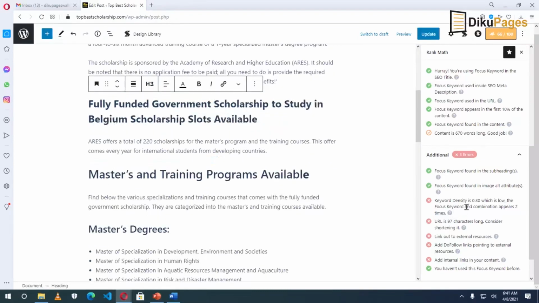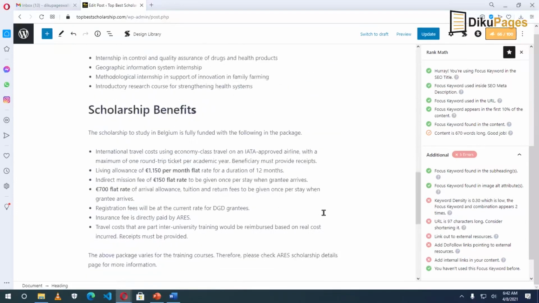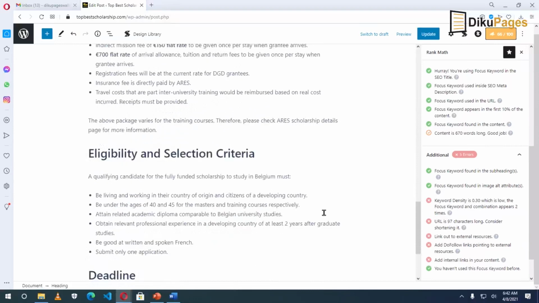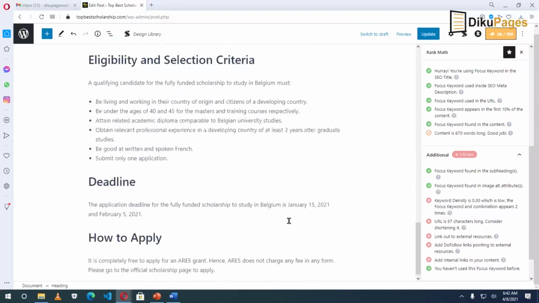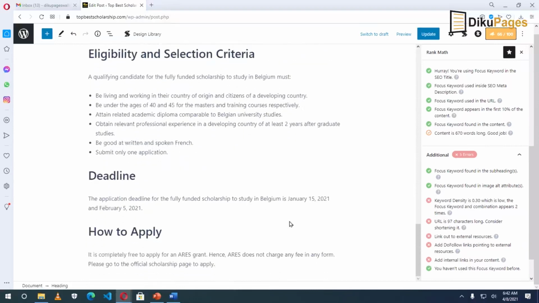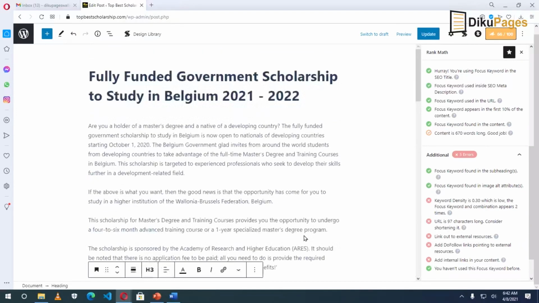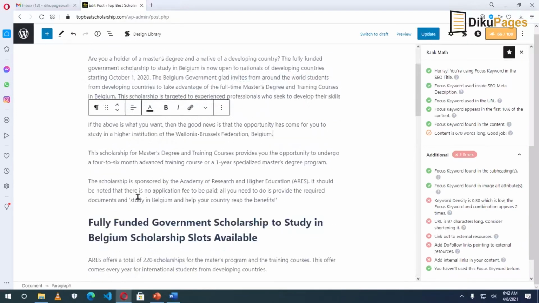Okay, keyword density is 0.30, which is low. The focus keyword and combination appears 2 times. So ideally, it should appear like 3 to 5 times. So what can I do? But sometimes you don't just have to strictly follow everything. If you don't have the content, you don't have to force it in, but I can still do something about it. So I'll say